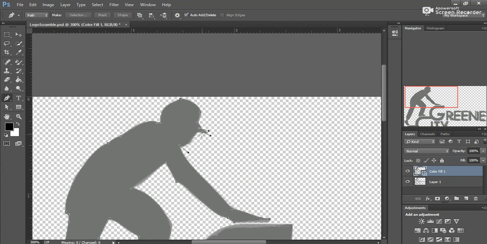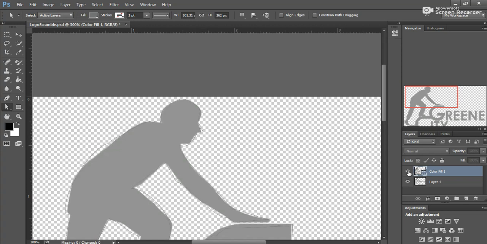Another thing with the pen tool too is you can delete some of these points on there if it's not coming out right. I don't know what's happening. I don't know why the